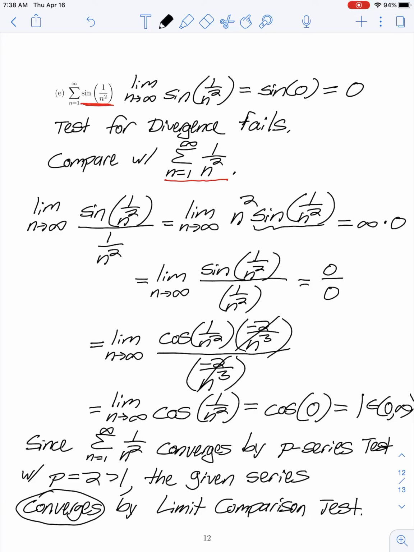So we're seeing from these last few examples, when we're making use of the limit comparison test, we sometimes have limits of indeterminate form, and we're required to use L'Hopital's rule. So it may be beneficial to go back and review some of your Calc 1 notes on evaluating limits of these indeterminate forms using L'Hopital's rule. We've seen that come up a couple of times when we're applying this